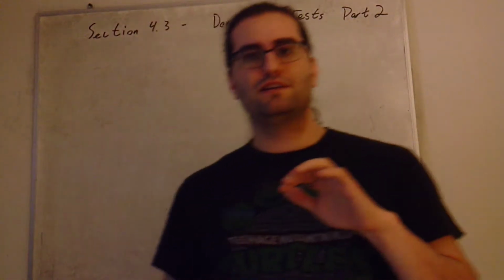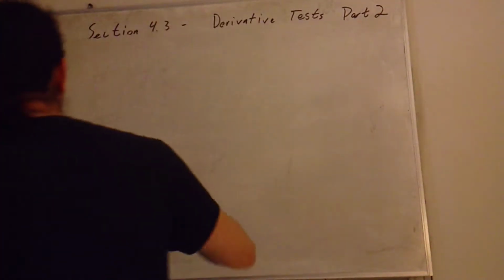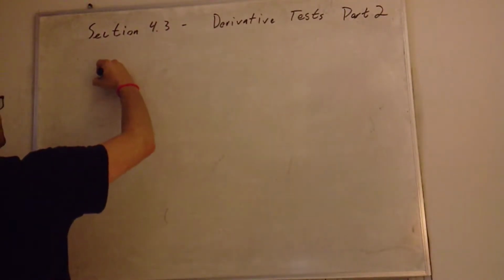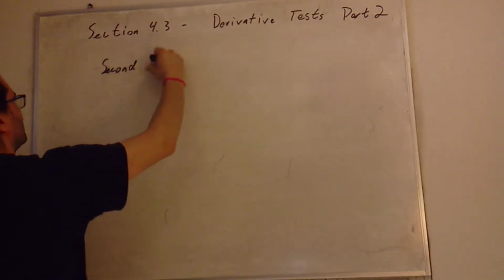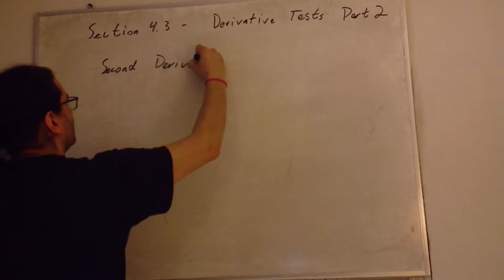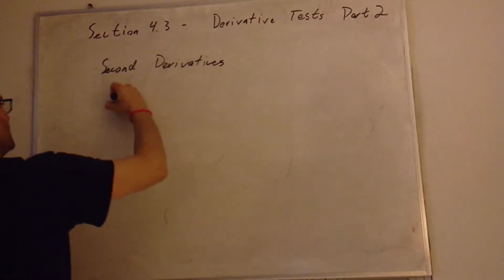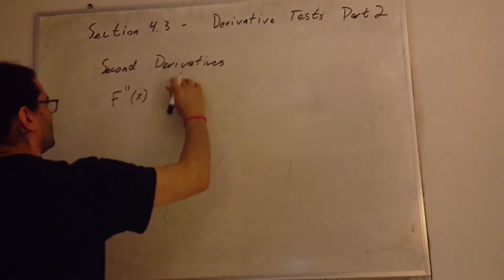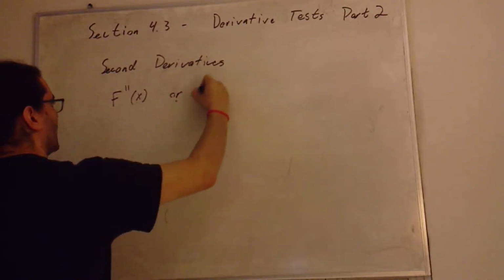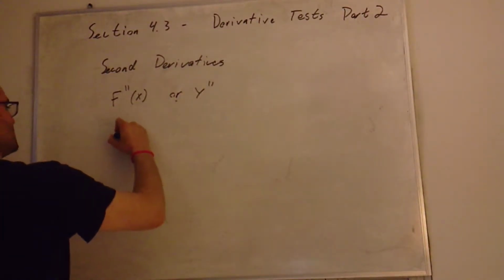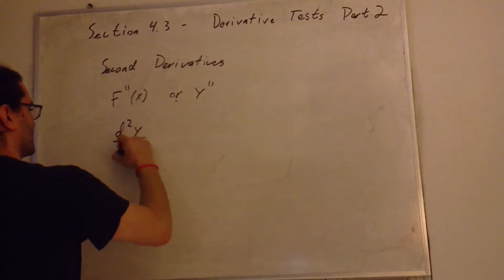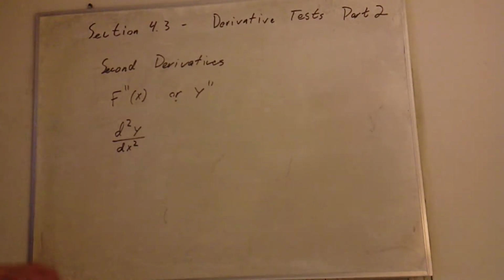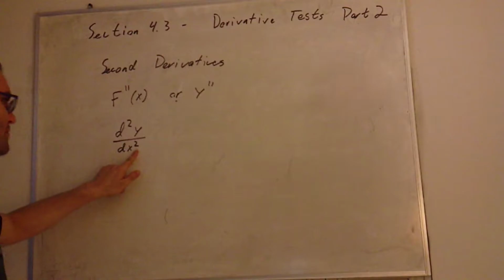So, second derivatives. In Newton's notation, you'd say f double prime of x or y double prime. In Leibniz's notation, you'd say d squared y dx squared. This means the second derivative of y with respect to x twice. The squared on the bottom is because